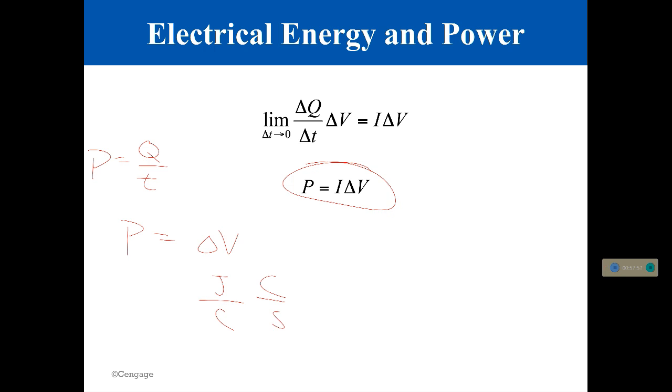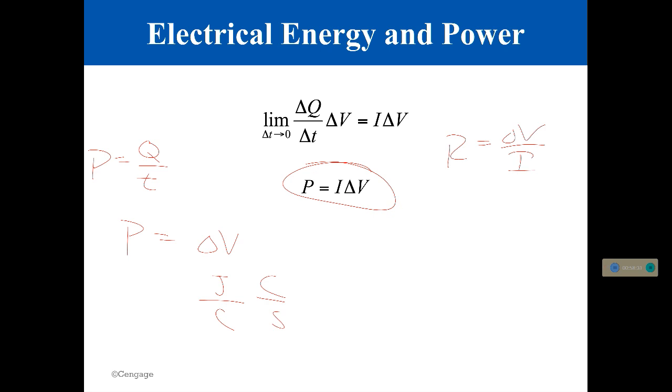Watch here. The power company knows it's going to be plugged into 120 volts. So what does that mean has to be true of the current? If I want 120 watts at 120 volts, what has to be true of the current going through it? 1 amp. And since resistance is the ratio between these two, what does the resistance of the light bulb have to be in order to pull off 120 watts? 120 ohms.